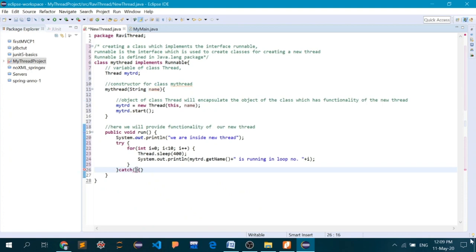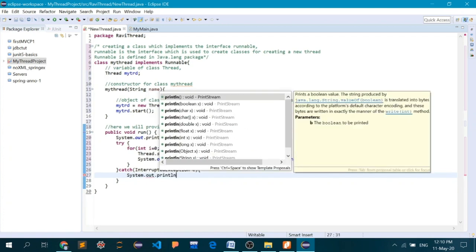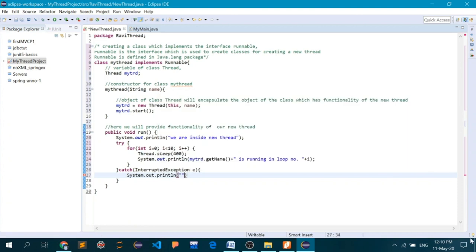Now one last thing is we have to complete the catch clause, that is, the type of exception the Thread class throws is called InterruptedException, and e. Inside the body I will write System.out.println, and if that is interrupted, we can call the new thread, or let's get its name, why not use this.